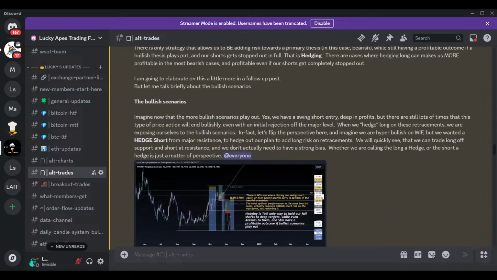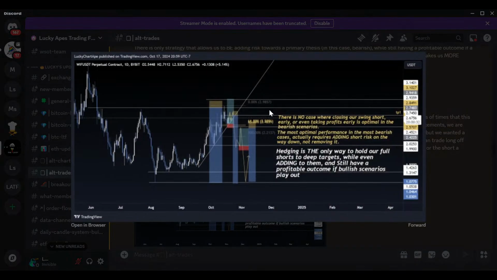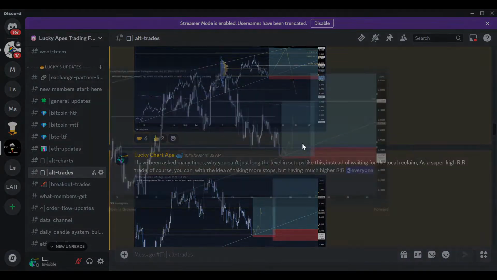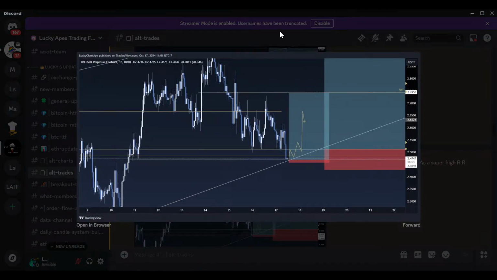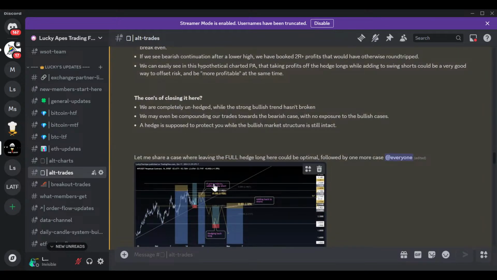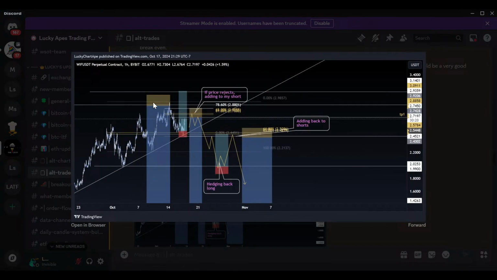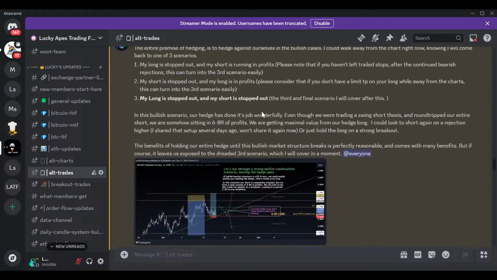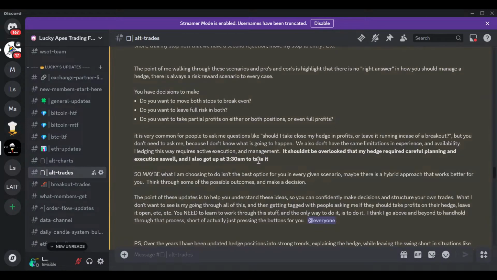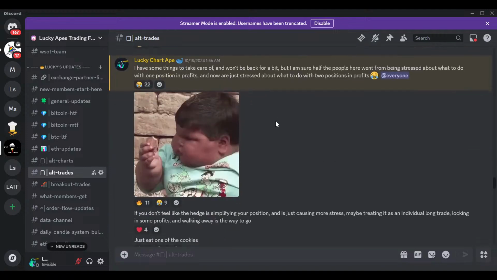So one thing I'll say, this was me explaining all this hedging stuff on WIF, right? So I'm swing short, hedge long. I planned that out earlier on, taking this hedge long. This is TP1, taking these highs, that sort of thing. And then I did a whole thread as price progressed through this idea of short, hedge long, maybe TP, add to shorts, and the pros and cons, just working through the decision-making process on hedging.